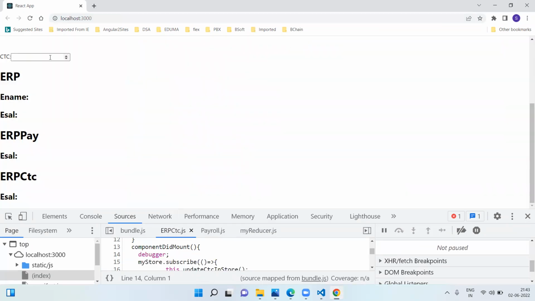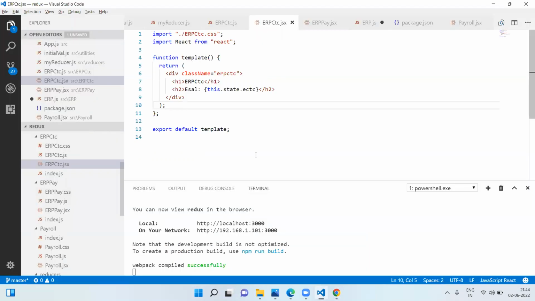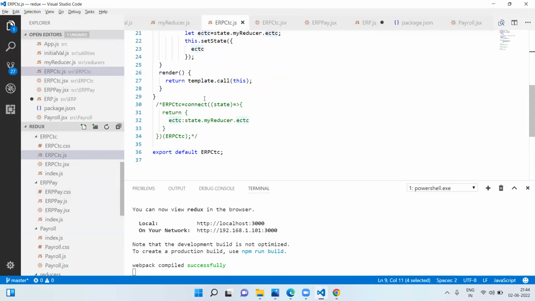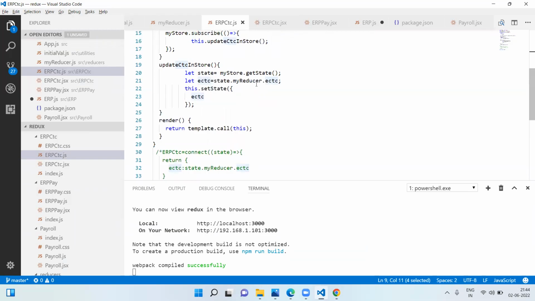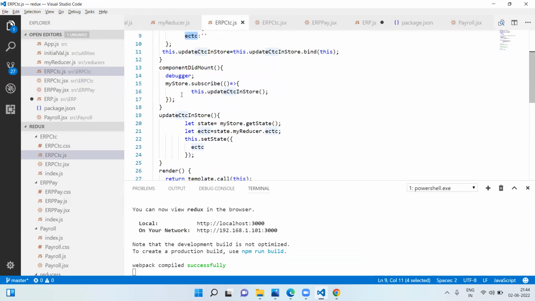Yes. Okay. If I say one, see here, it started changing here. If you say 2, 3, 4, you are seeing the changes here. 3, 4, 5, 6, 7, 8, 9. You are doing changes here. It is listening here. Why? Because you have registered a listener. How? Using what? Using your myStore.subscribe. And inside this callback, whatever you are doing will be invoked every time there is some change